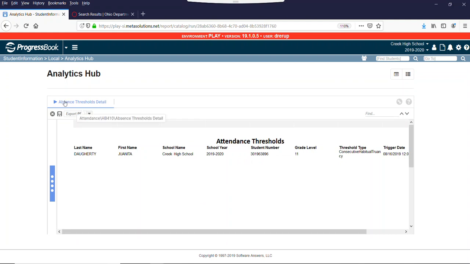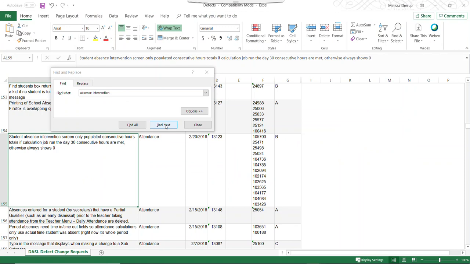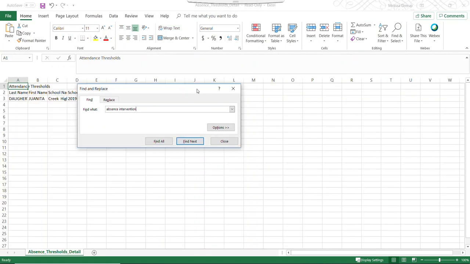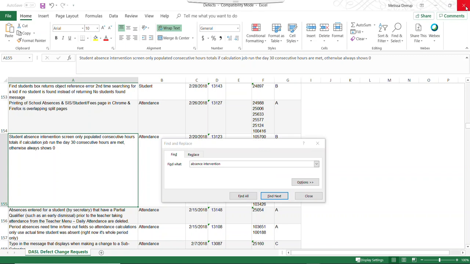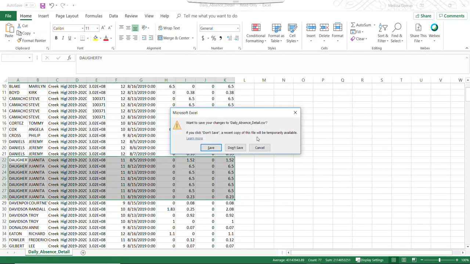Now, by the way, since this is a detail report, I can go here. Detail means it comes out nicely in CSV or Excel, so I can easily export this to CSV, and then I have a really nice Excel document that I can work with. Here's that Excel document. I also want to show you another report in here real quick,